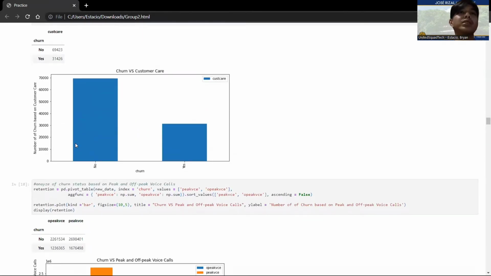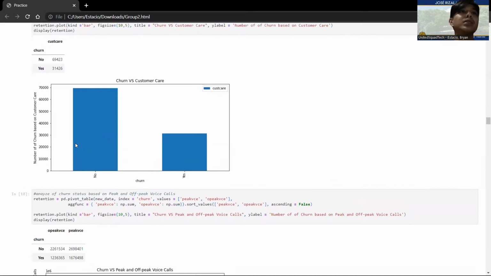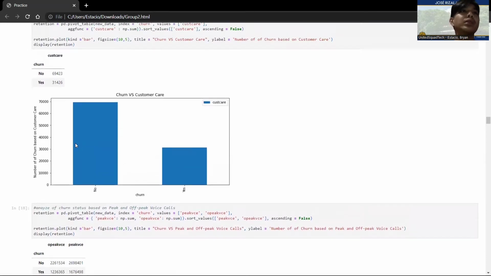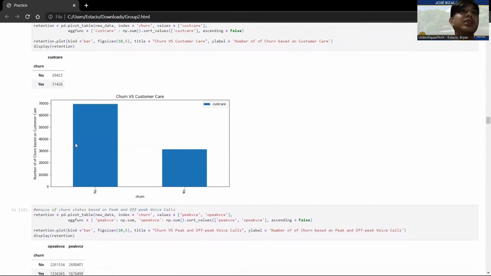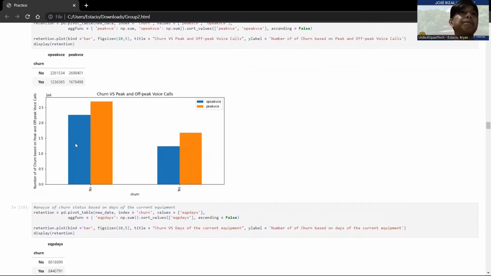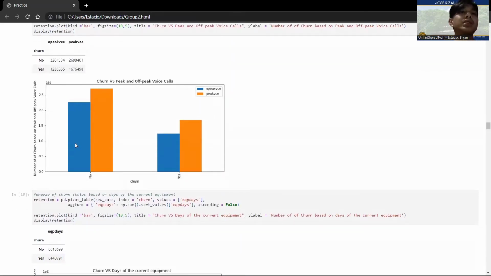Next one is churn versus customer care. The no has reached 69,423, while the yes is only 31,426.